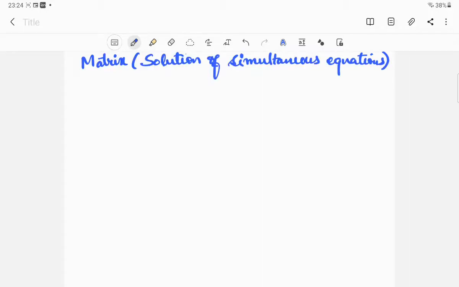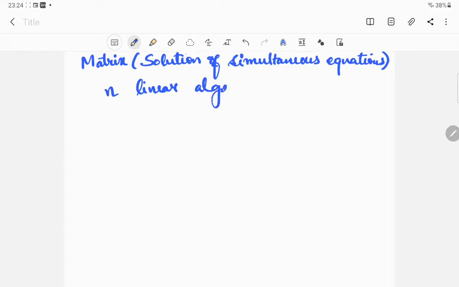Hello students, today we will discuss a very important topic, our syllabus, that is solution of simultaneous equations. Here we will basically use matrices for solving those equations. Suppose that you are given a system of n linear algebraic equations. Suppose you have n number of